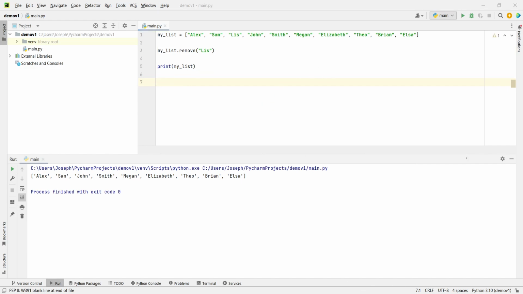And let's understand pop. So pop is also used to remove a value from the list, but the advantage of pop is that along with removing the value, it will return the removed value as well. That's the use of pop. For example, removed name. If I use pop, then that same value will be stored into this removed name